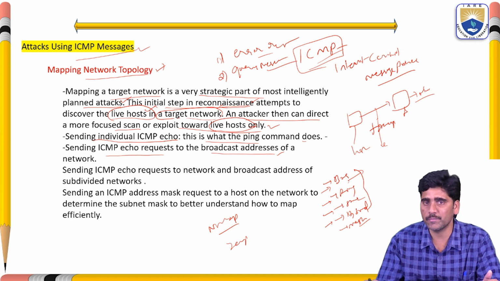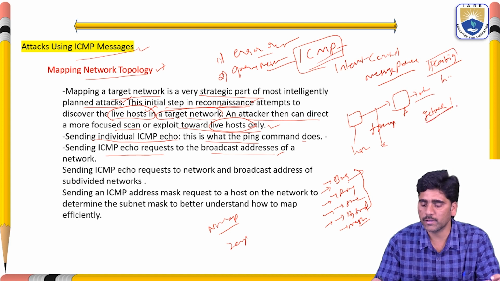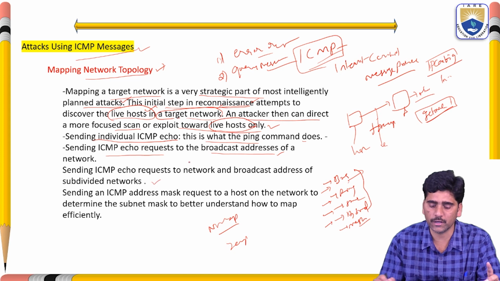If you want to find the IP of the system, you can type ipconfig in the run command. Similarly, you can type getmac to identify the MAC address of your system. The attacker sends ICMP echo requests to the network and broadcast addresses of subdivided networks, and sends an ICMP address mask request to a host on the network to determine the subnet mask to better understand